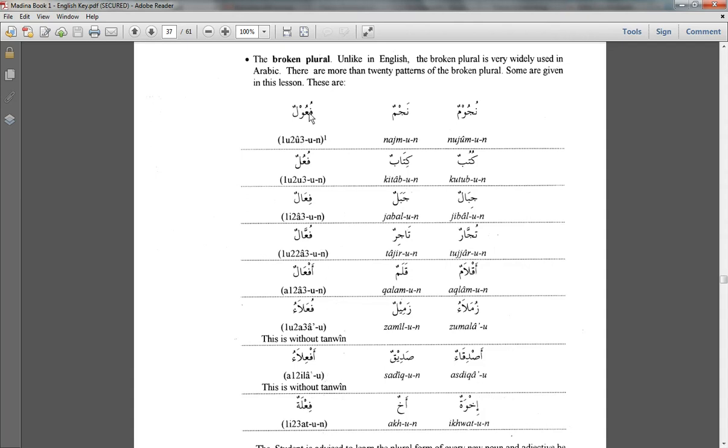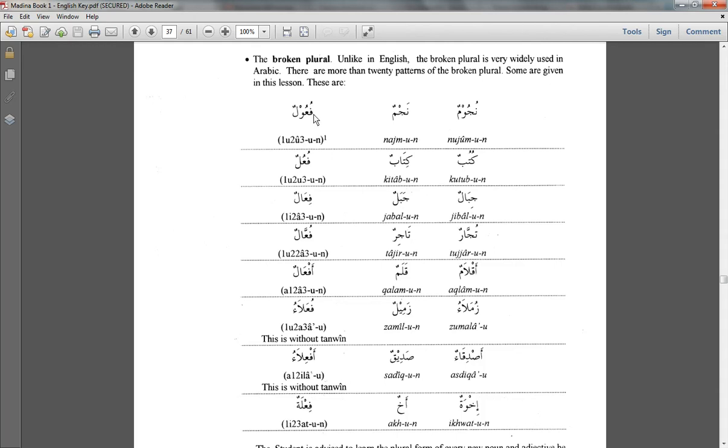Okay, fu'ulun, and remember this, that when you get fa, ayn, and lam, this is where the original root letters are being placed. This is the first position where the fa is, ayn is the second position, and lam is the third position. And anything other than that is known as harf za'id, an extra letter. So in this case, the waw is an extra letter. So fa, ayn, and lam, to put it in a different way, are the X, Y, Z of grammar, of algebra.